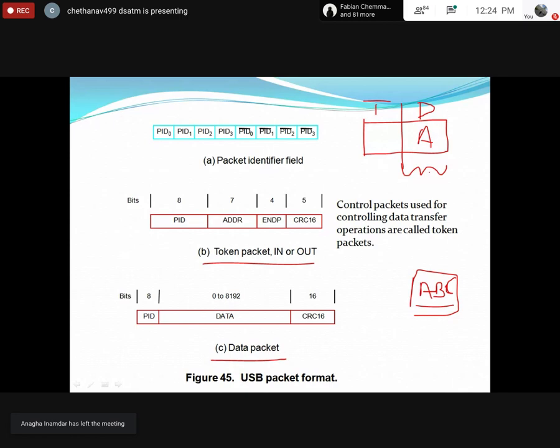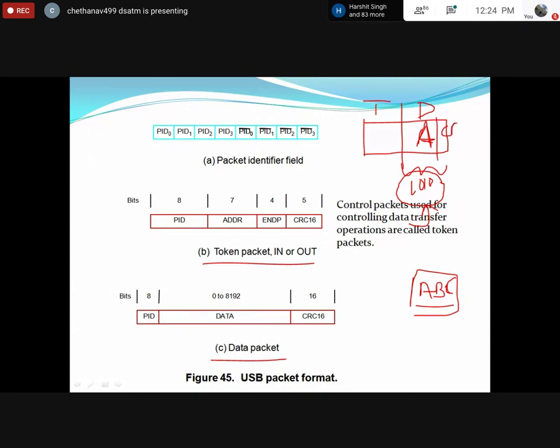I think I have taught this in CN, if you don't know. CRC code means, whenever I send the data A, suppose instead of A, I consider your data to be 1010. 1010 is nothing but A, right? Whenever I send the data, my receiver, my destination, should get the same data, 1010. So whether the data received is correct or has been manipulated, for that purpose I'm going to add some CRC code here.